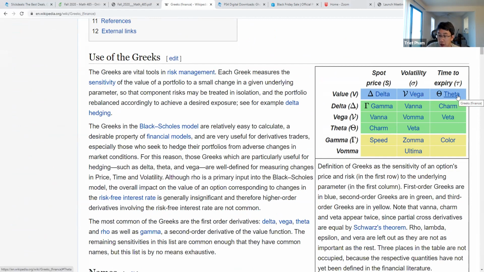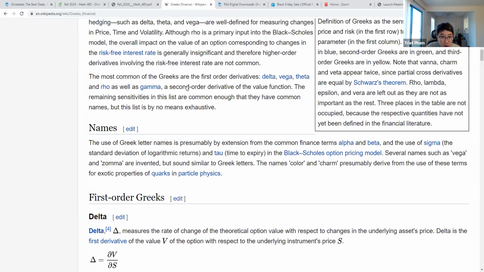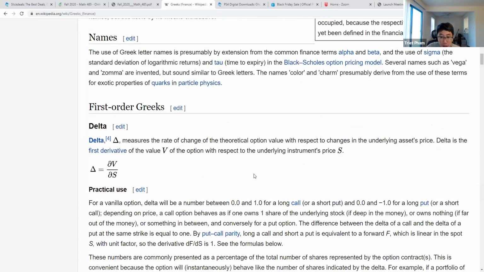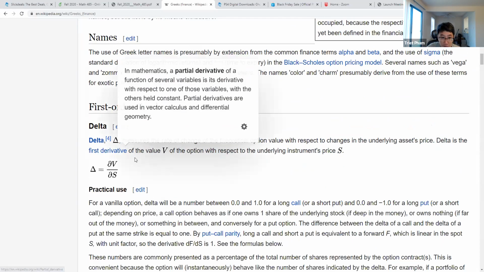But then they have, oh, and what's a rho? I'm not seeing the rho here. But anyway, you see all these strange names: charm, veta, vanna, vomma, speed, zomma. Again, you have as many Greeks as the number of derivatives you can take. Here they list it out quite nicely. So this is the first order, so you got the delta definition,